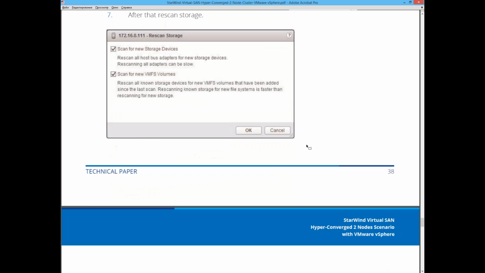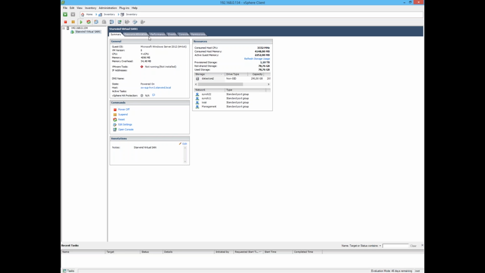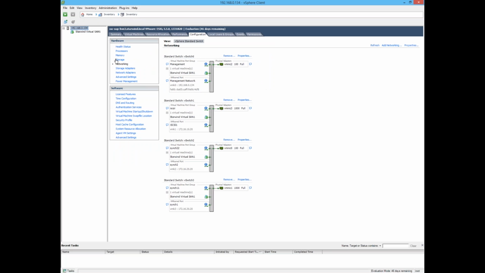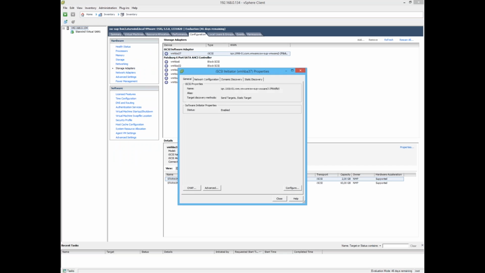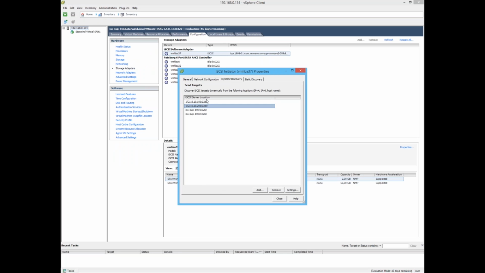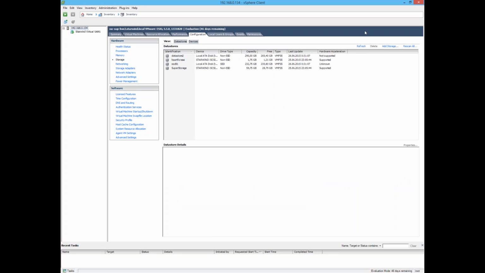And then after you add those, you do a rescan, and I will show you how you add those in this one. Over here it's open, and if we select our server and go into storage adapters, over here we have the iSCSI software adapter, and here if we say properties and dynamic discovery, you will see IP addresses here. These are the IP addresses which we were configuring in our virtual switches, and you are adding those. After you have added those, you say rescan all, you say OK, and then in the storage section,